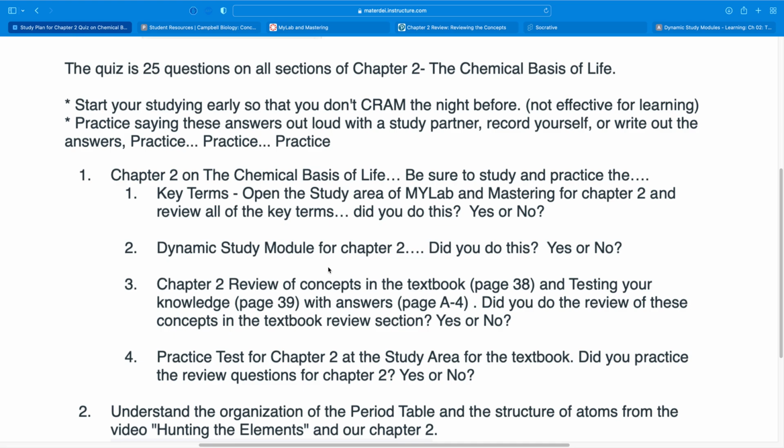So be honest. When you turn this in, did you do the study module? Did you review the key terms? You know, there's no points for it, but if you do these tools, it will help you a lot. Number 3, that review that I just showed you in the textbook. After that, there were some questions that you could answer, and the answer key is in the appendix of the book. But also,